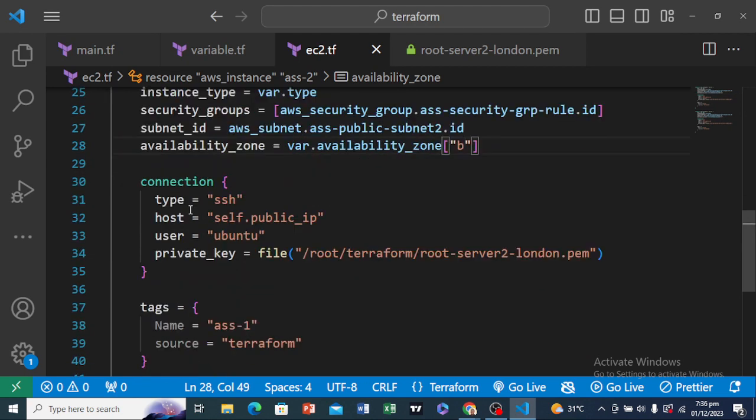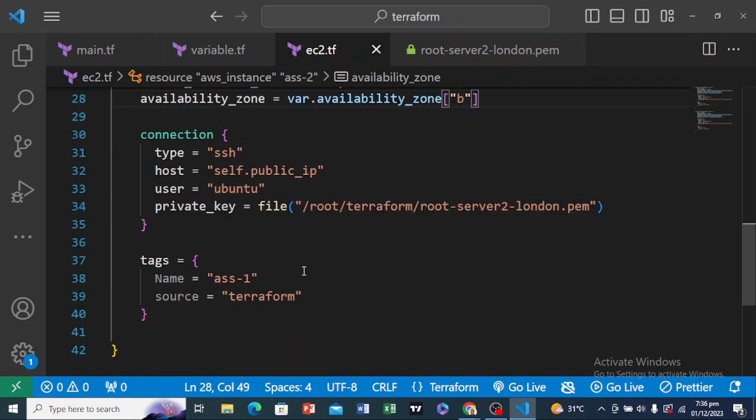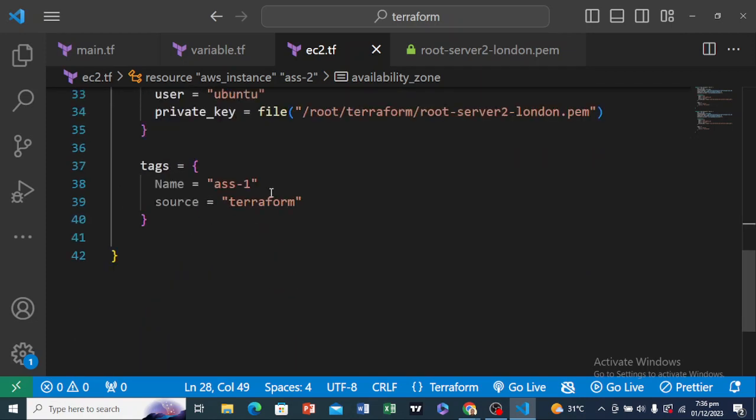Yeah, so that's basically it. So every other thing here will seem the same. And instead of